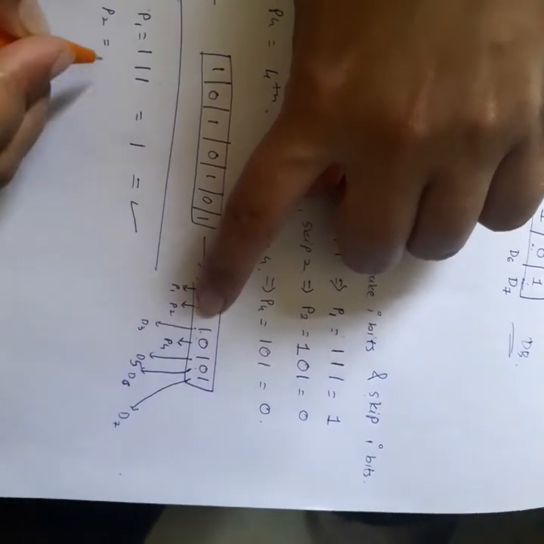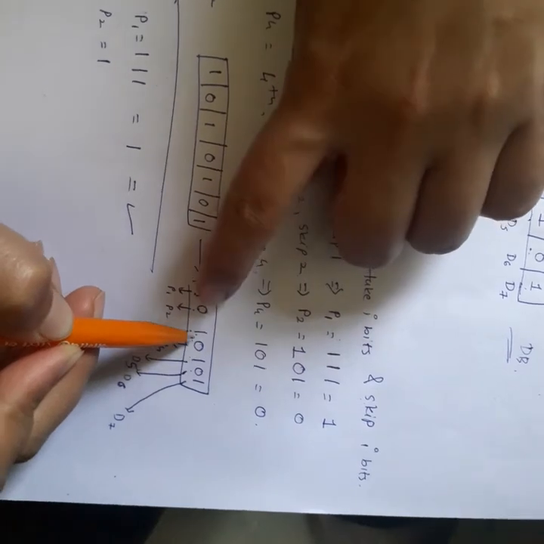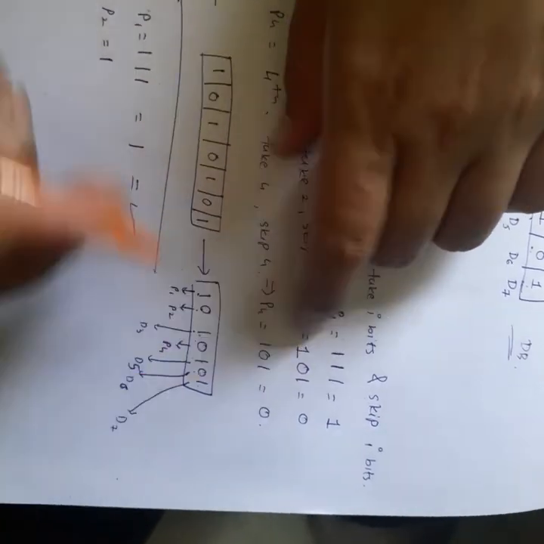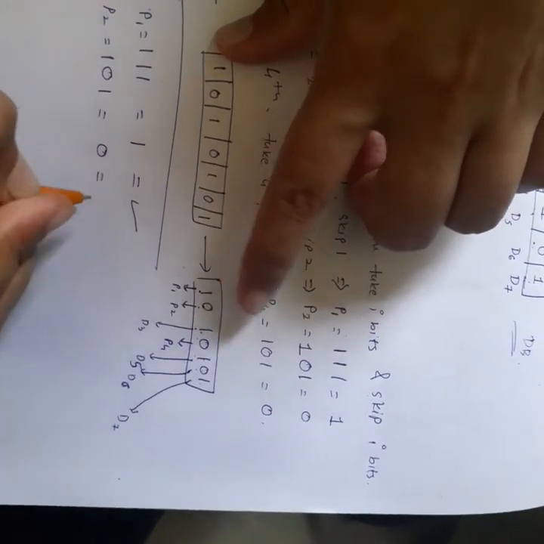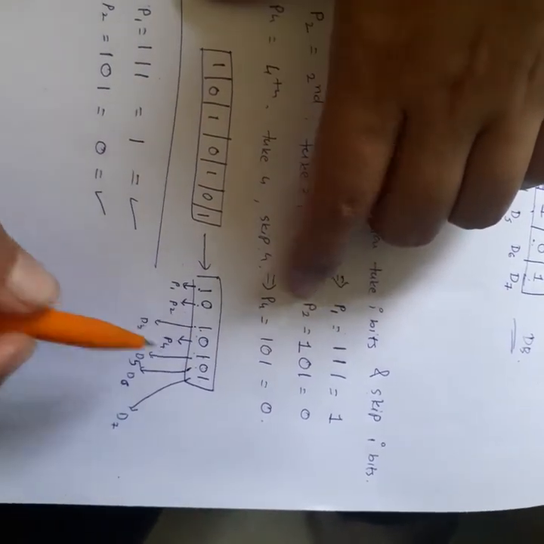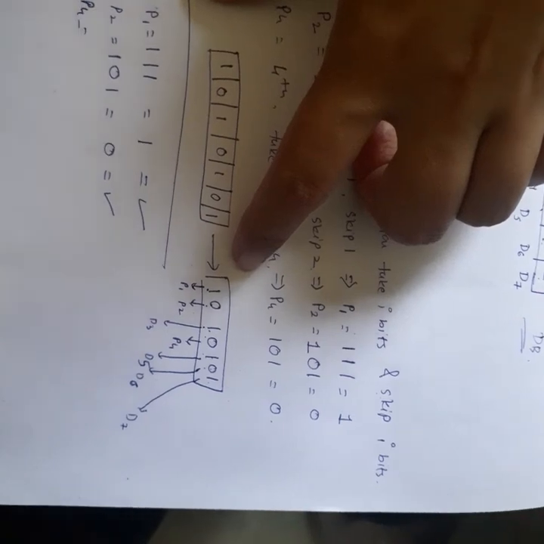So this is the second number value. Skip these 2 values, right? So skip these 2 values and take the rest of the 2 values. Is there an even number of ones? Is it matching? Yes, it is matching. Now we are going to calculate parity number 4.